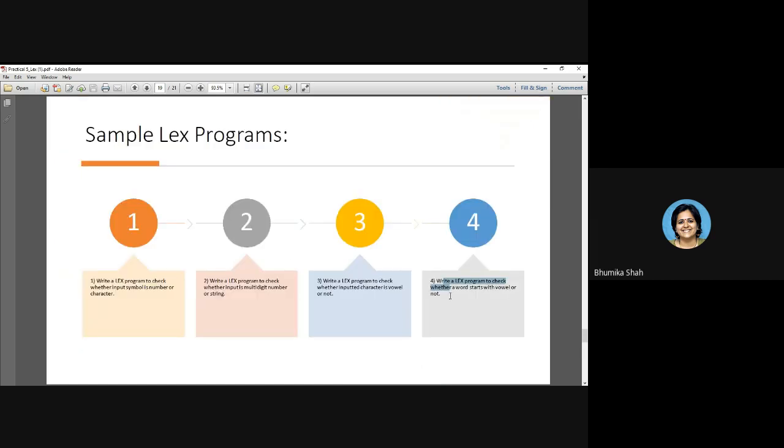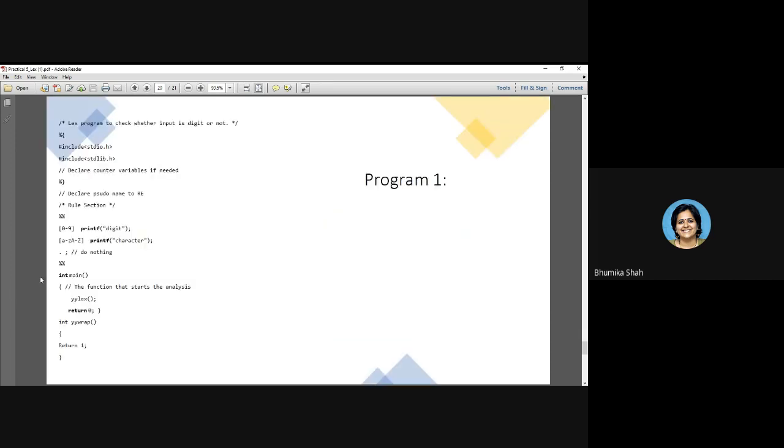And the fourth: write a program for words that start with a vowel. What are you going to do? Simple. Starts with a vowel, so this word pattern will be as it is, a multi-character word, appended with plus. And before that, you should have one more character class which will contain A, E, I, O, U. So start with A, E, I, O, U in a square bracket, and in the second square bracket immediately write small a to z, capital A to Z, and print the word starts with vowel. Once again, dot, do nothing. So if the word is not starting with a vowel, you will do nothing.